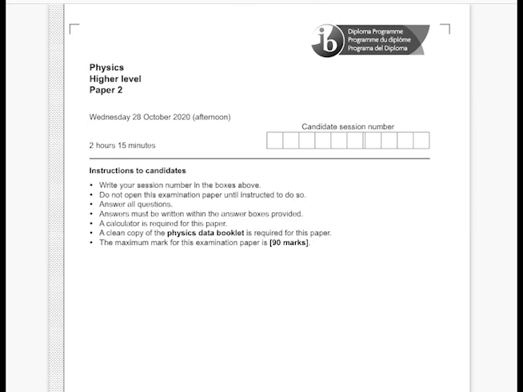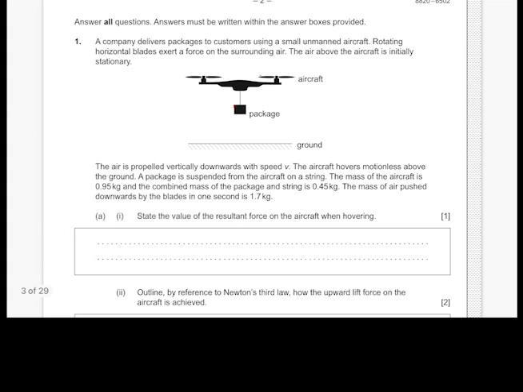In this series, we'll be going over the questions from IB Physics Higher Level Paper 2 that was featured for the November 2020 exam session. So let's get started. Number one looks like it's a mechanics question that tests our knowledge on forces, dynamics, and